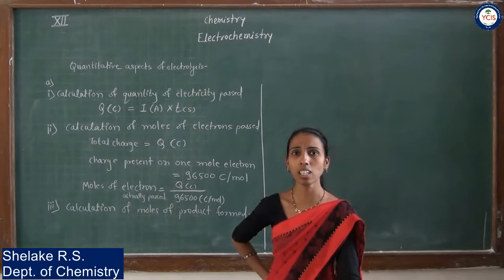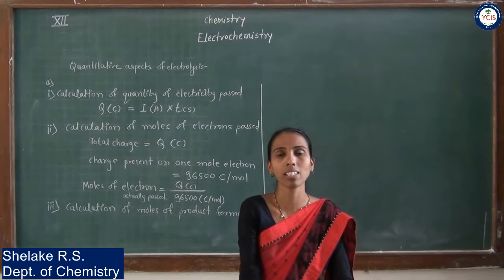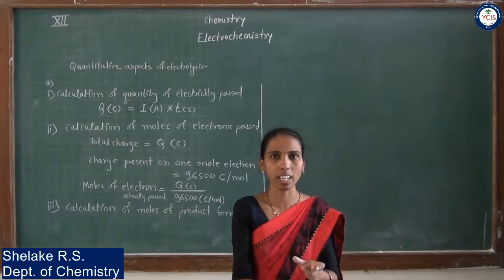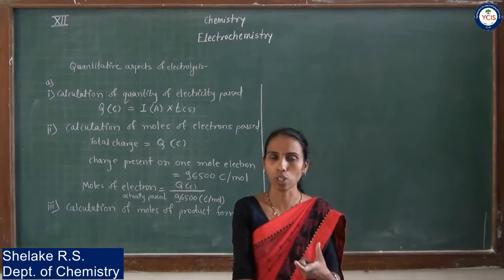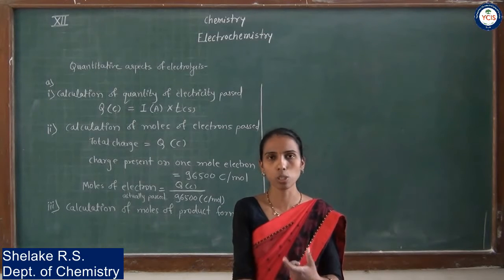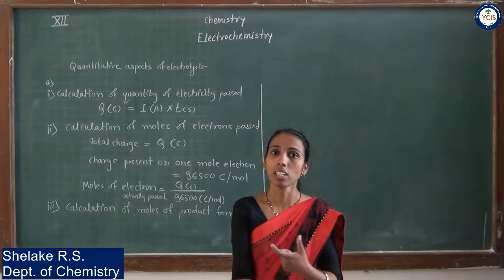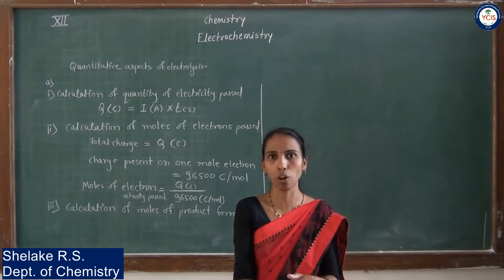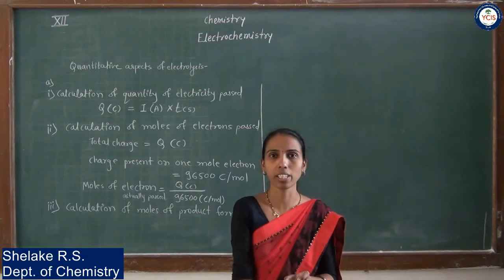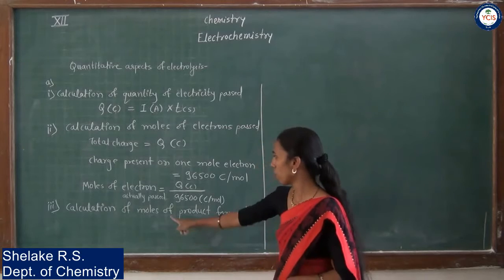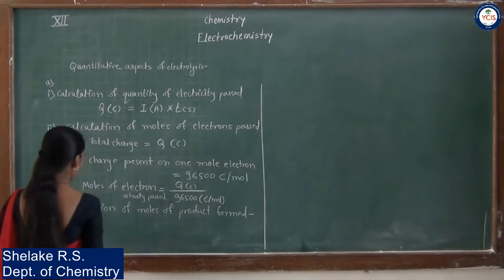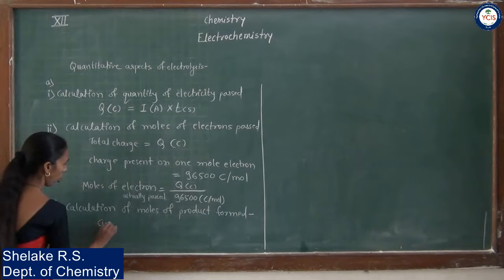When you are considering the balanced chemical reaction, from this reaction you can understand the number of moles of electrons present, or the number of electrons passed through this reaction, and the number of moles of product actually formed. From the stoichiometry of the half reaction you can find out the number of moles of product formed. So for that, suppose you consider the reaction copper